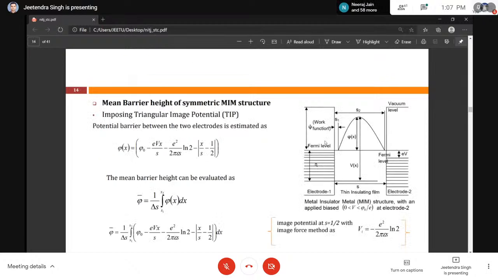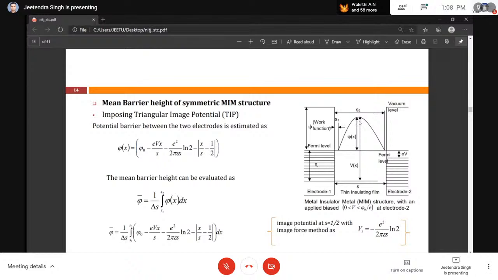So here we saw that this is the metal-insulator-metal structure. In the insulator part, there is tunneling that occurs from this metal to this metal. Basically, this metal is considered the conductive filament, and this metal is the electrode part. If any electrons want to tunnel from this metal to this conductive filament, they face a potential barrier. This barrier is basically realized as a rectangular barrier, and we can see that